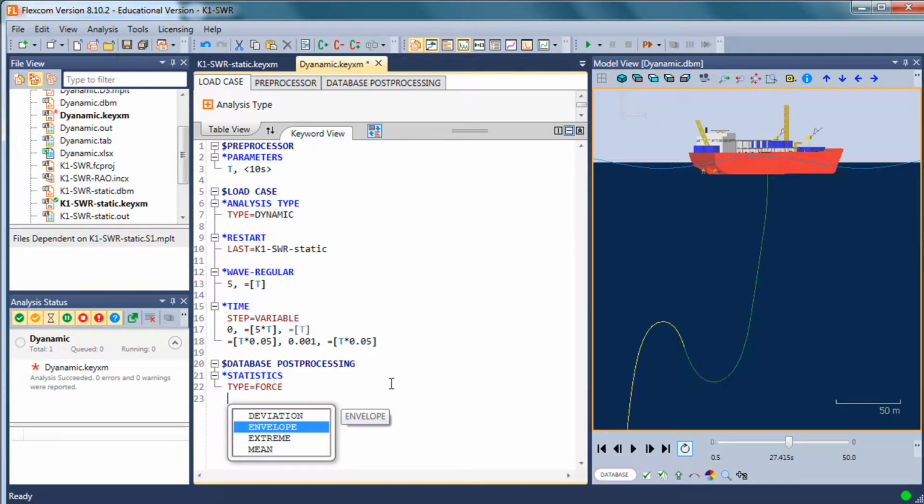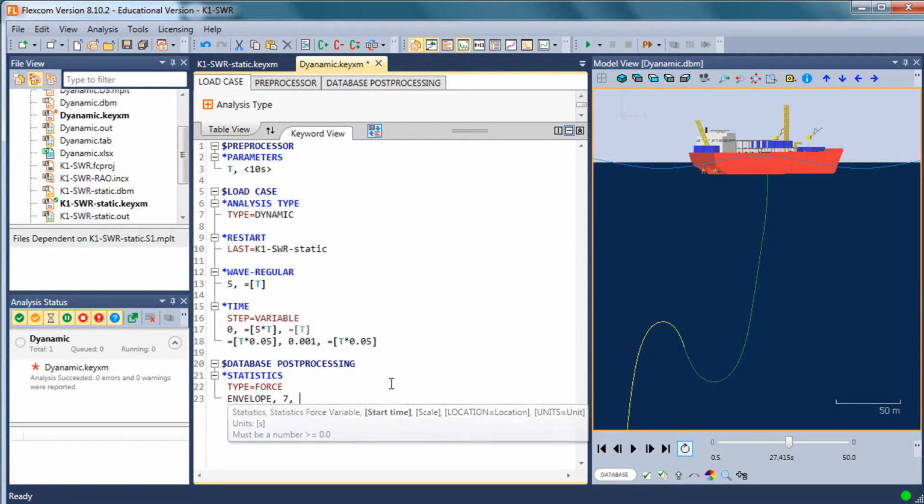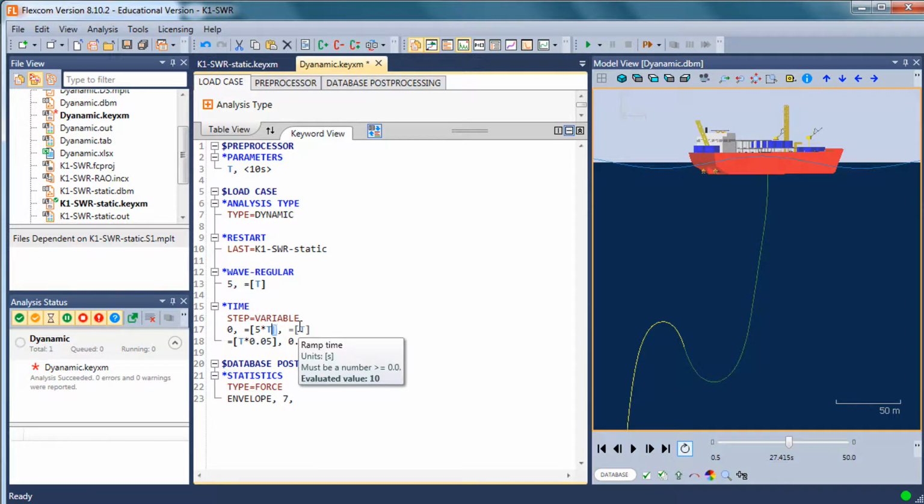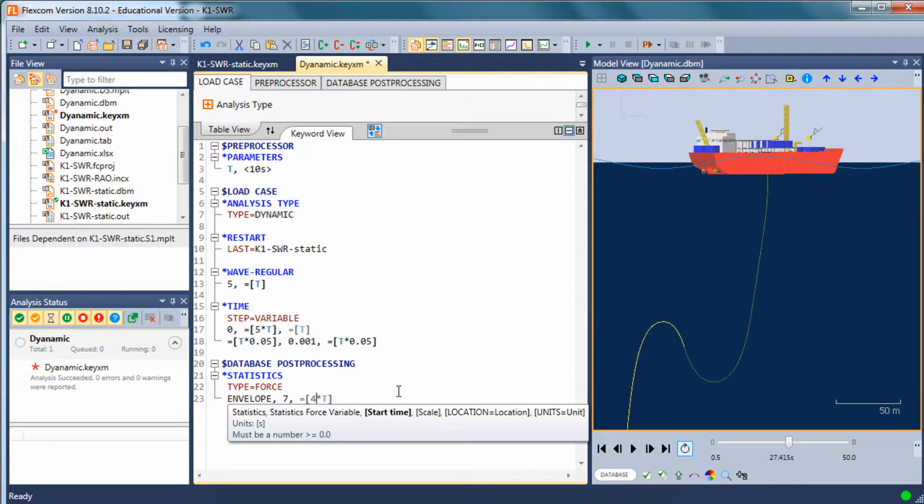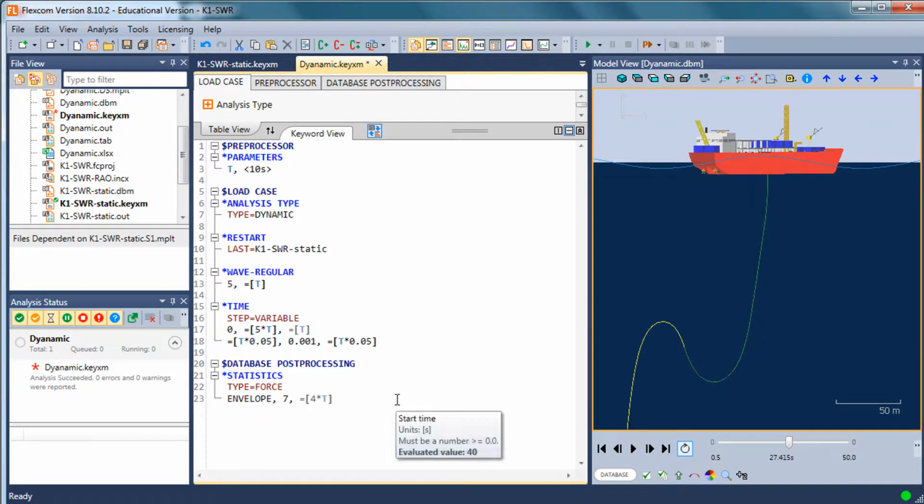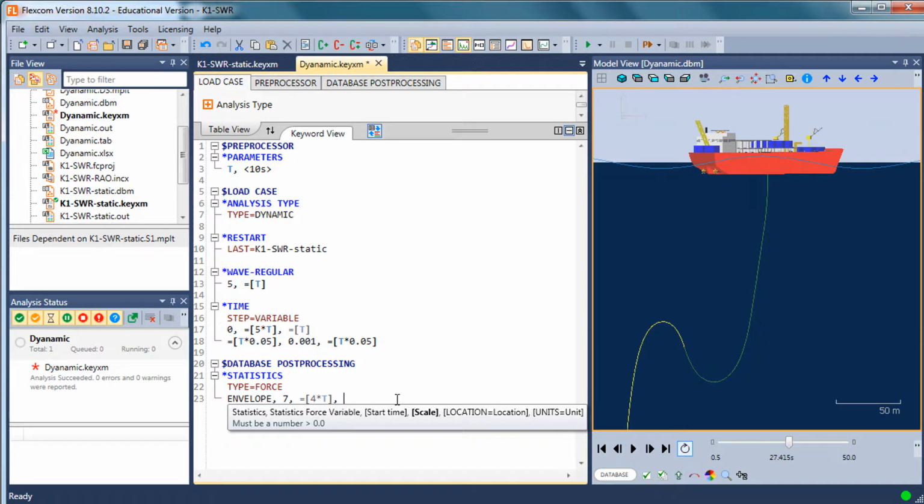I will use an envelope option, which gives me the maximum and minimum values in the simulation. It's asking me for a start time here, so because I ran for 5 periods in terms of the simulation, I might just take the last period for statistical purposes, because the response should have reached steady state by that time. I don't apply a scale factor. I can be throwing in some units. I'm looking at effective tension here. I'll explain in a moment what those